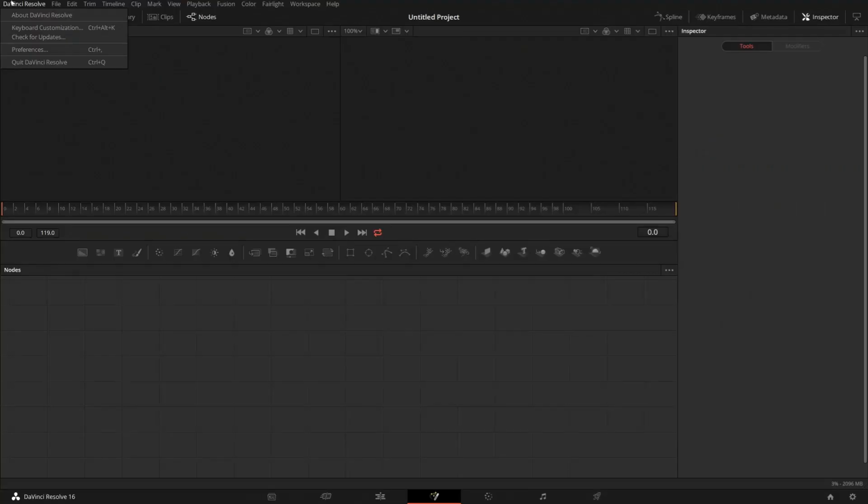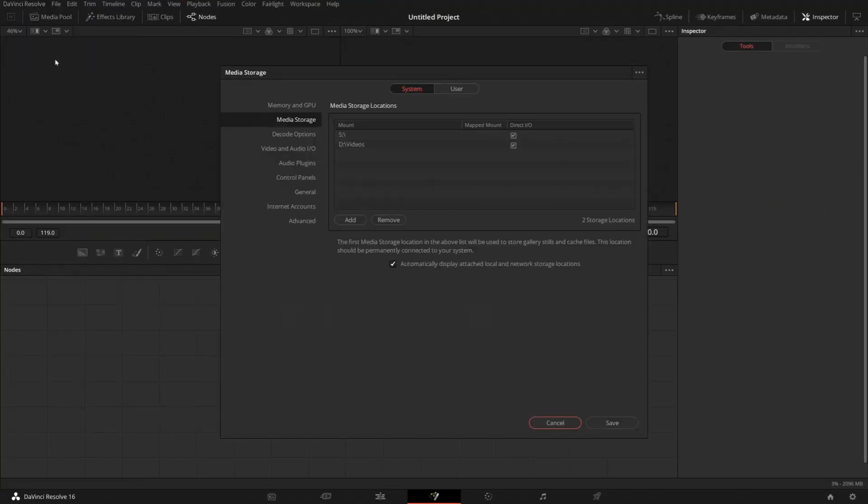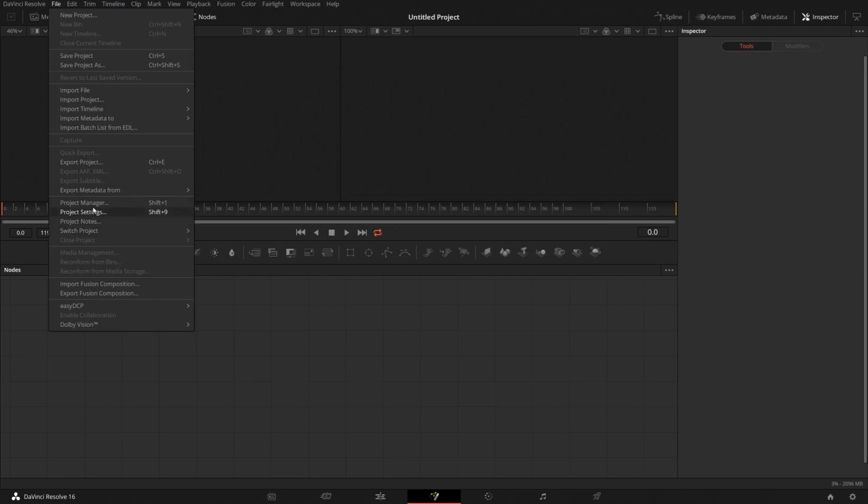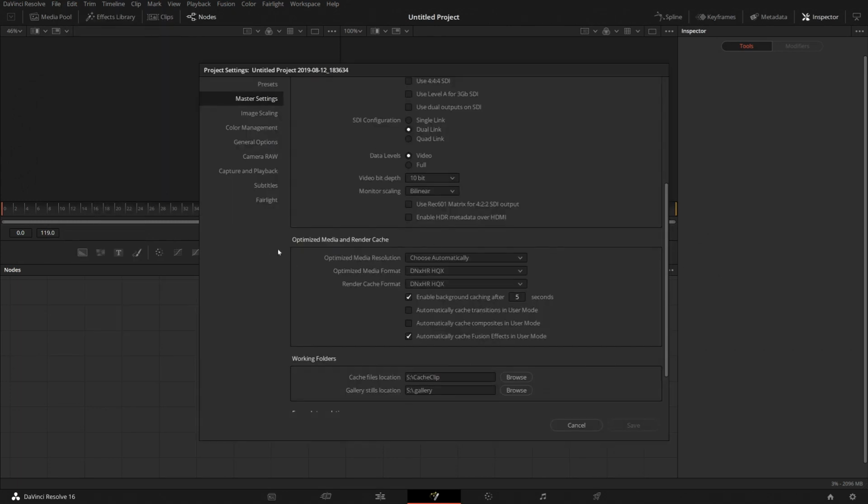Now, if you're editing regularly, you know what I'm talking about. Under Preferences, you have a media storage location. The first location is also used for your optimized media, which you're using on the edit page. And in your project settings, just a very quick reminder, under master settings you have optimized media and render cache. This is the render cache on the edit page, and your Fusion effects that you're building on the Fusion page will later be rendered on the edit page and saved in the formats that are selected